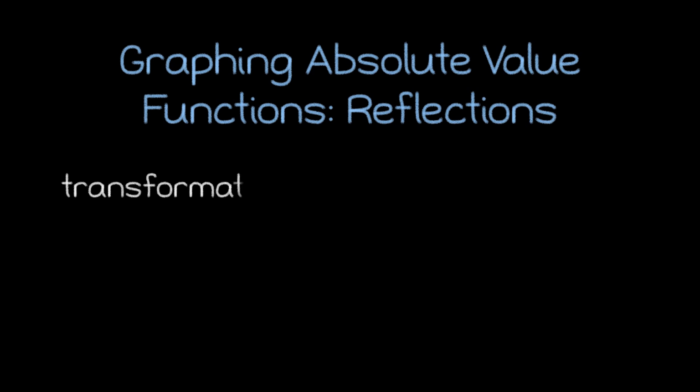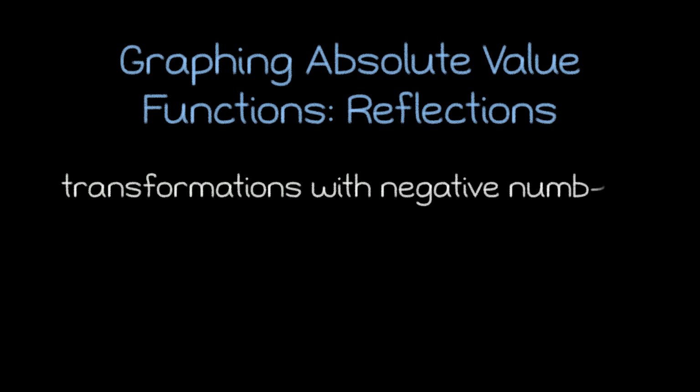As we've discussed translations and dilations, we've covered what happens to the graph of the absolute value function as it's manipulated by the 4 basic arithmetic operations. With one catch. We've only been using positive numbers in our transformations. So, what happens when we start using negative numbers as well?